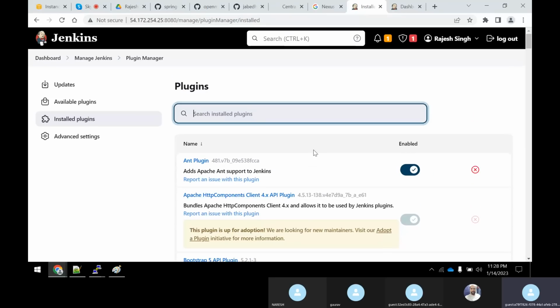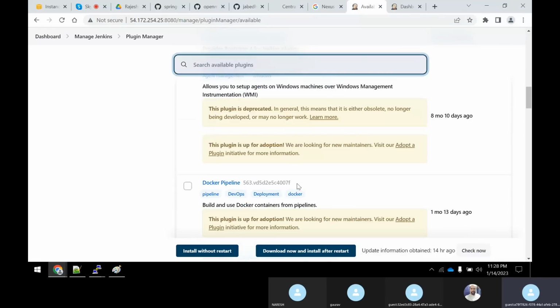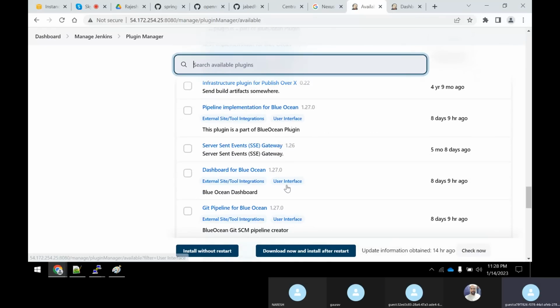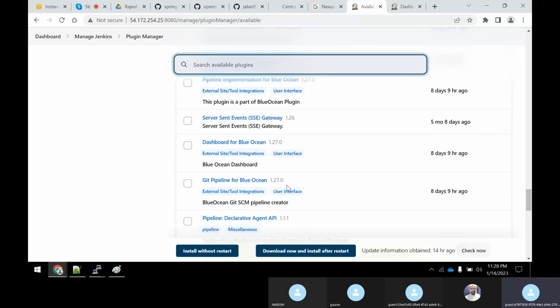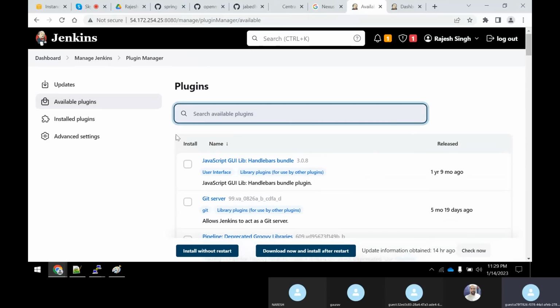Okay, fine. Now if you go to the available plugins, these are all the plugins which are available, guys. There are tons and tons of plugins. So in our entire journey of Jenkins, I will be showing you some 7 to 8 or 10 or 15 plugins which we'll be using in our activity, right? We'll be using heavily, for example, the Read Timeout plugin, right? Some of the other plugins I'll be installing: Docker plugin, Terraform plugin, Kubernetes plugin. Like that, there are many plugins which I'll be installing actually, right? So this is what it is.